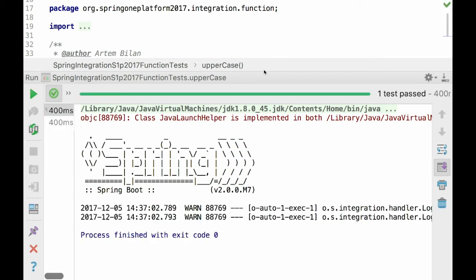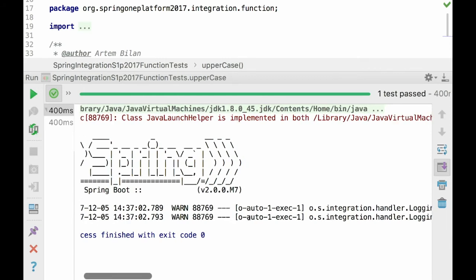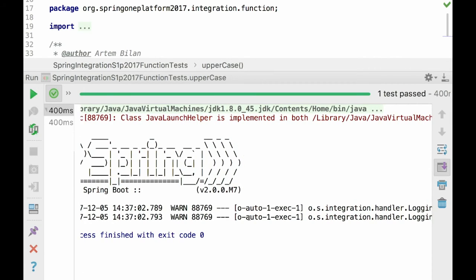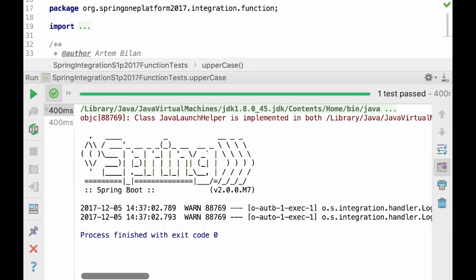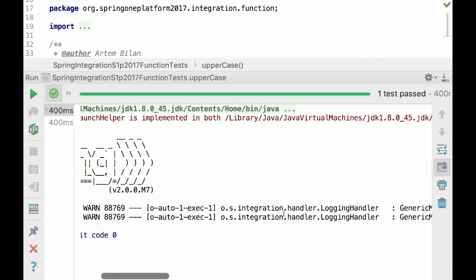The REST adapter is pretty smart and understands that I provide an array, and it is wrapped to Reactor Flux. On the integration side, I already receive one event from the Flux, not the whole array, but just one event.